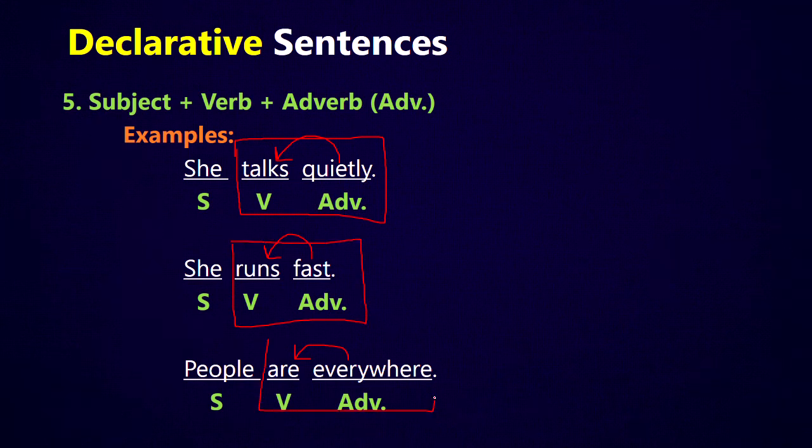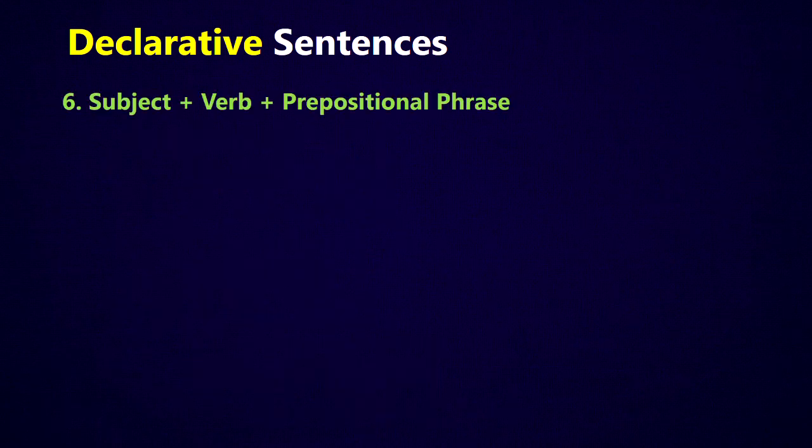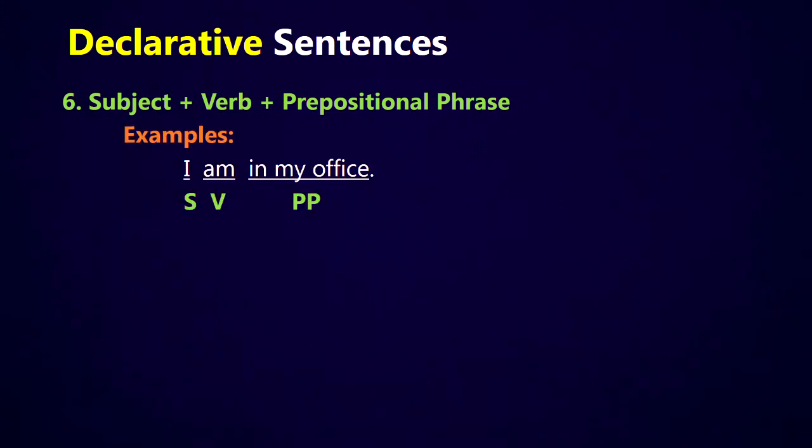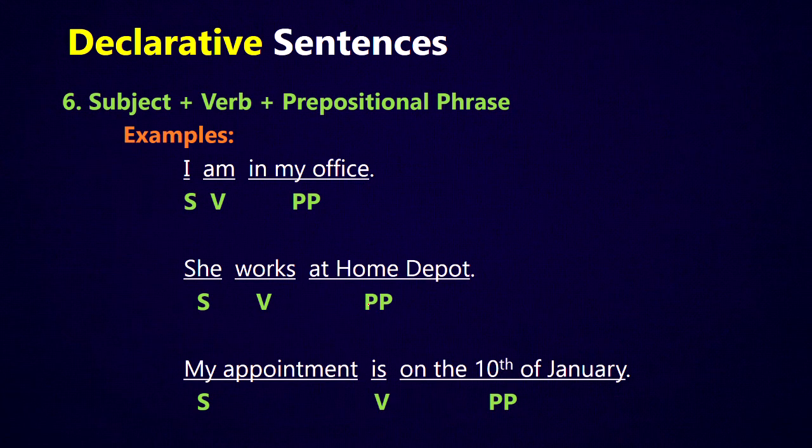Except that here the predicate is describing the action. The sixth kind that we're going to look at here are subject, verb, prepositional phrase. For example, I am in my office, she works at Home Depot, or my appointment is on the 10th of January. So a prepositional phrase is a phrase that starts with a preposition and then has a noun or a